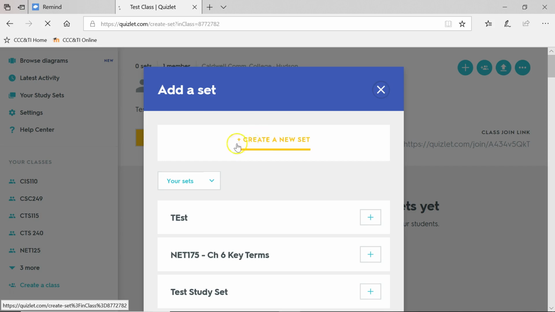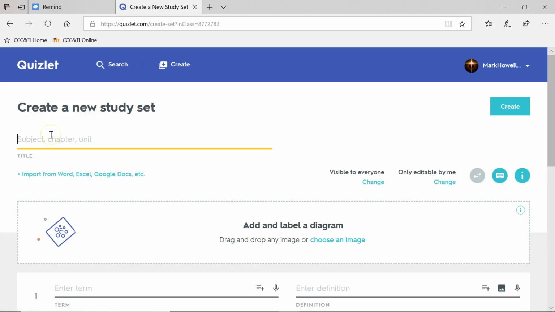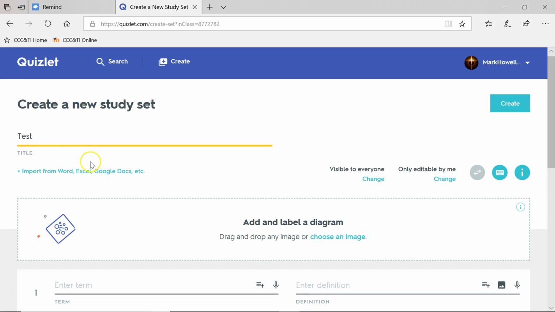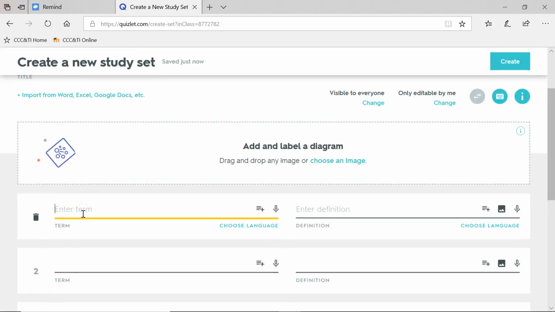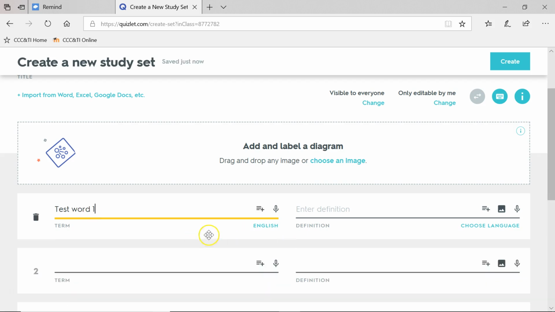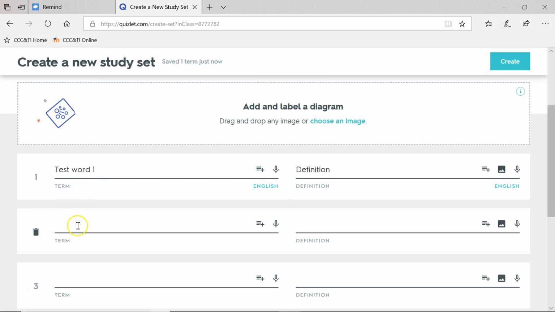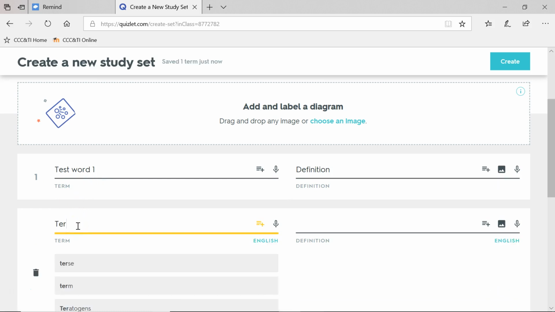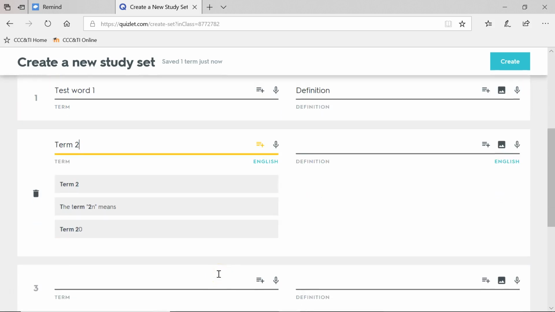And I create a new set. And then what I'll do is say test word 1. Now, my typing is atrocious, but that's what spell checker is for. Term 2. And if you notice that when you start typing words in, Quizlet, like Word does, it looks at